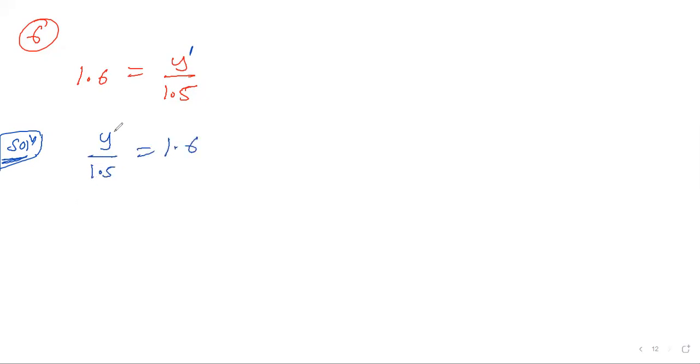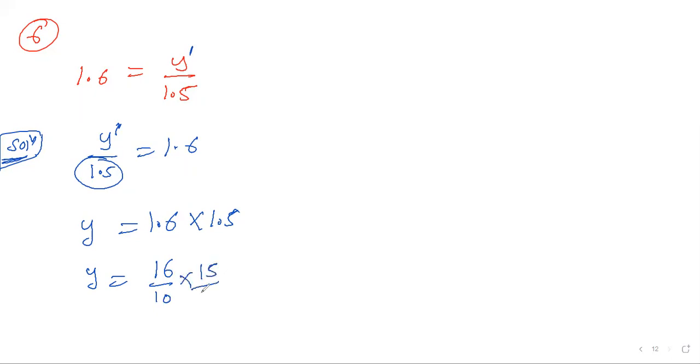Next you want the value of y fully. You don't want 1.5, so I should send it to the right side. So y is equal to 1.6 into 1.5, because here the 1.5 is dividing. If you go to that side, it should be multiplying. I can write 1.6 as 16 by 10, and 1.5 as 15 by 10. If you are comfortable with tables, you can cancel: 5 twos are 10, 5 threes are 15. There is no cancellation of 16 by 10, so 8 threes are 24 by 10.